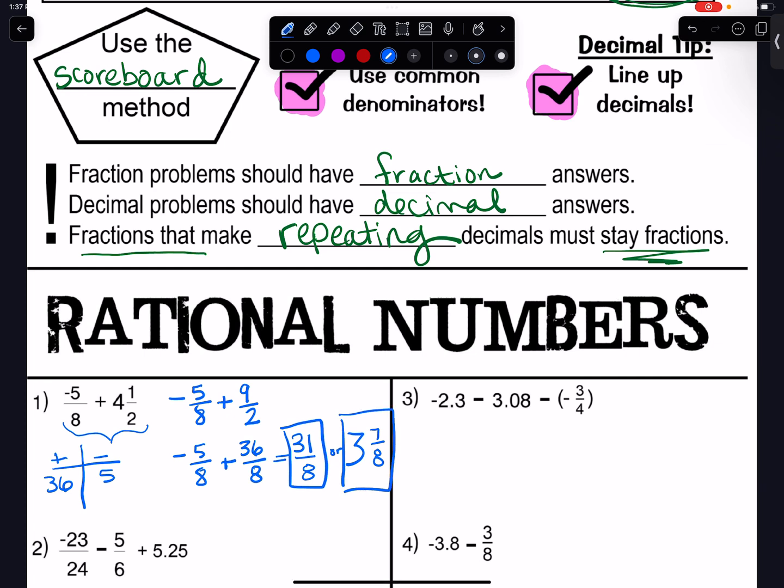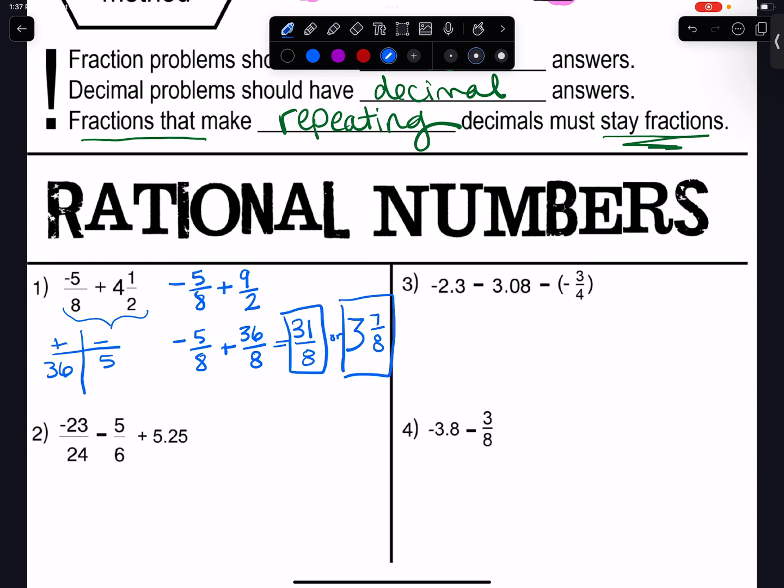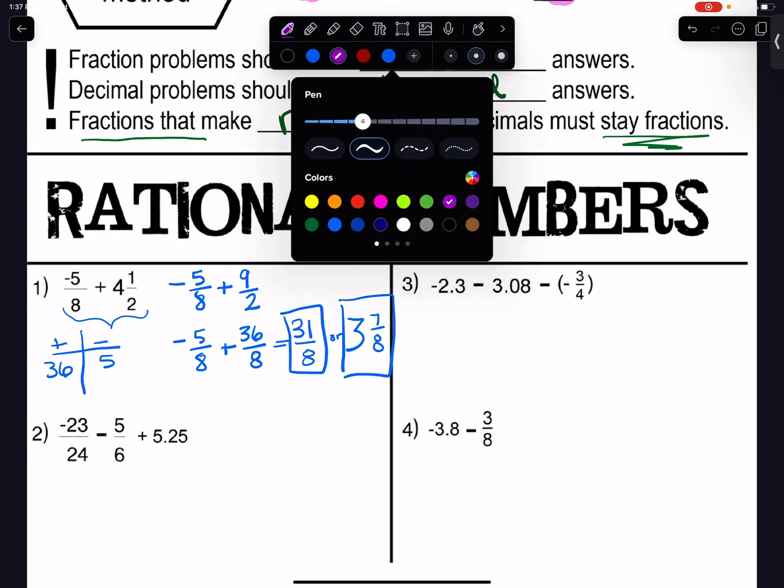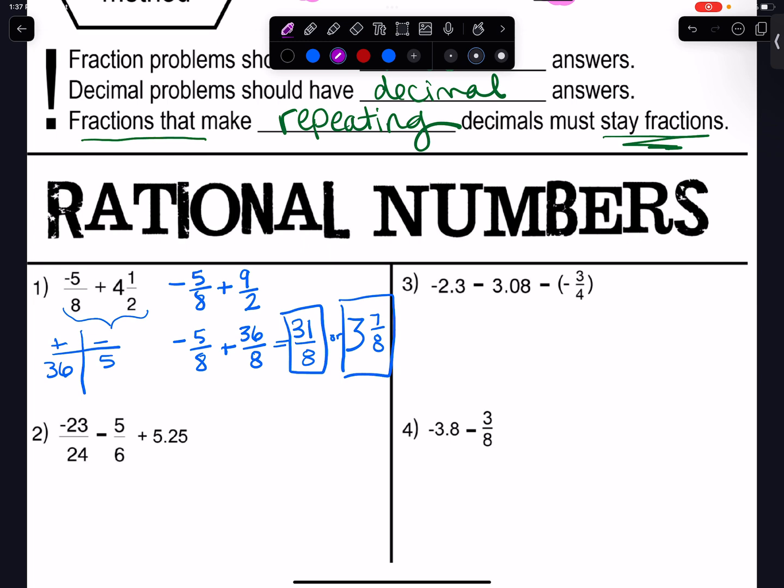All right, moving right along. This next problem, number 2, has a combination of fractions and decimals. In this case, you can decide what you would like to use, fractions or decimals, but negative 5/6, if I put that into my calculator, I am going to get 0.83 repeating. And remember what we said up here, if we have fractions that are repeating decimals, they have to stay fractions. So fractions it is. Let's do negative 23/24 minus 5/6, and then